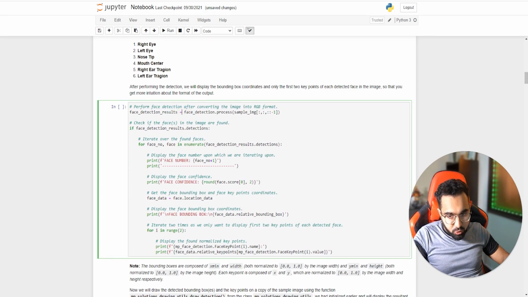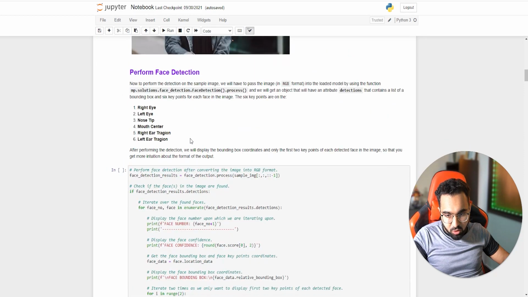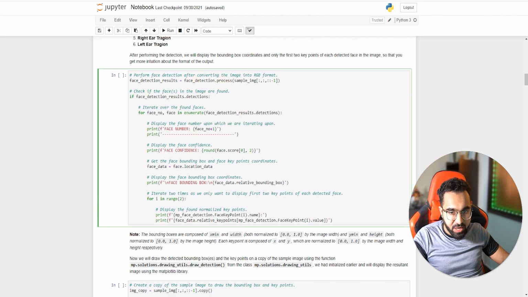So anyways, to use facial detection, what you do is call the facial detection function which you loaded here, and call face_detection.process. You pass in the image. As you can see, I'm reversing the image channels because OpenCV reads the image in BGR, but MediaPipe accepts an image in RGB format.